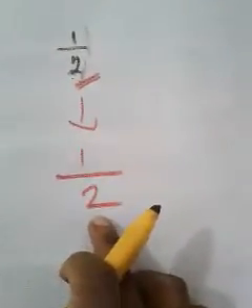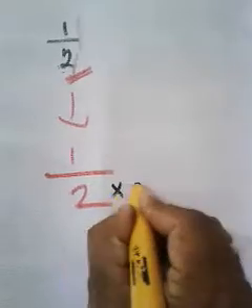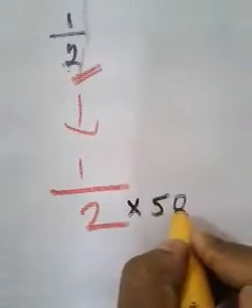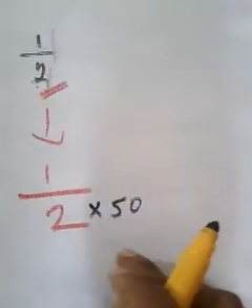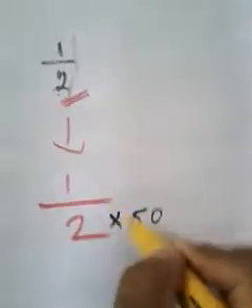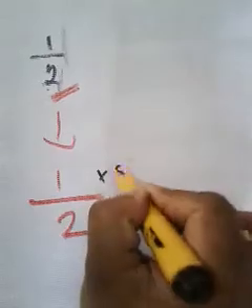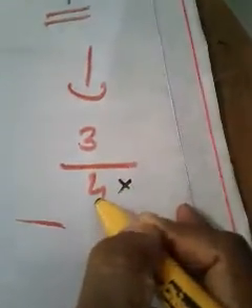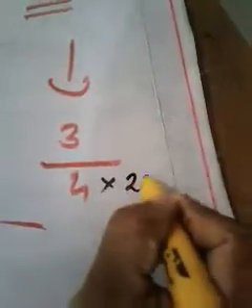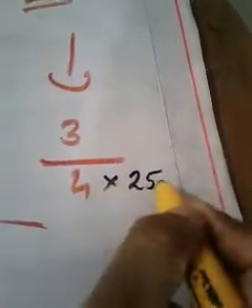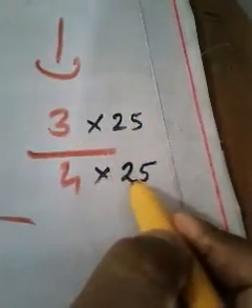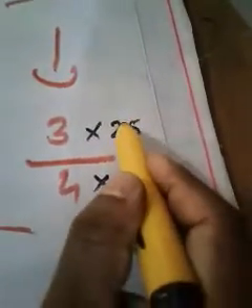Here the denominator is 2. By which number should I multiply to get 100? I have to multiply it with 50. Because 2 into 50 is only we will get 100. I have to make both denominators 100. Are you following me? And since I multiply here with 50, here also I am supposed to multiply with 50. And by which number do I have to multiply 4 to make it 100? Of course 25, because 4 into 25 is 100. So here also you have to multiply with 25. Whatever the number we are multiplying the denominator with, the same number you are supposed to multiply in the numerator also.